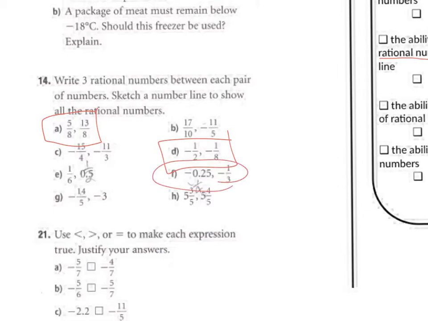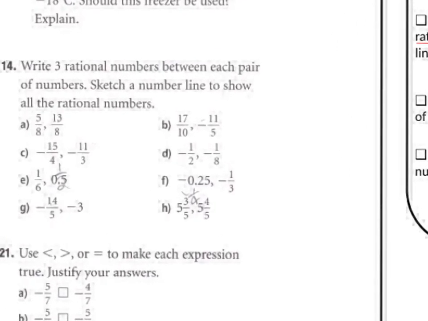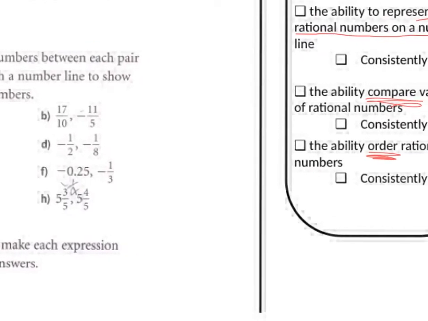Here you're dealing with decimals and fractions. Choose one. Make them both fractions, make them both decimals. Either way, they need to be the same in order to compare them and to be able to write numbers in between them. So let's just pick one. Pick B. Clear this out. And we want to write three rational numbers